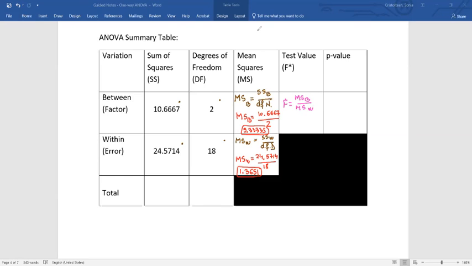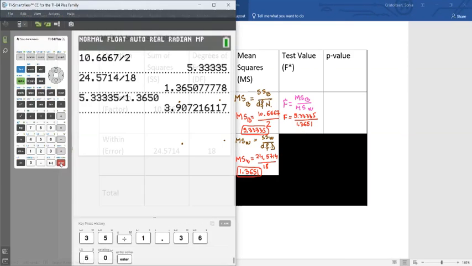So plug in the numbers and do the math, and we will have F equals 5.33335 divided by 1.3651. Do the division, and you will have the F value. And the F value is 3.91. To find the p-value, we will use FCDF from the test value, which is 3.91 to E99, and we